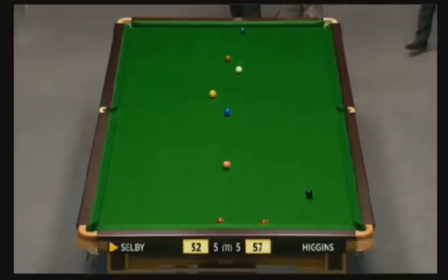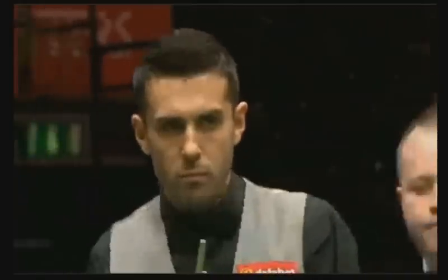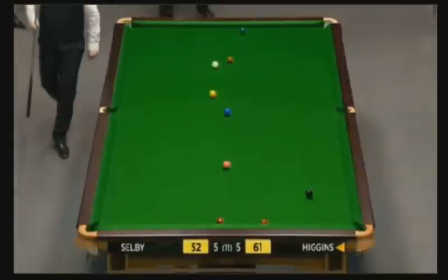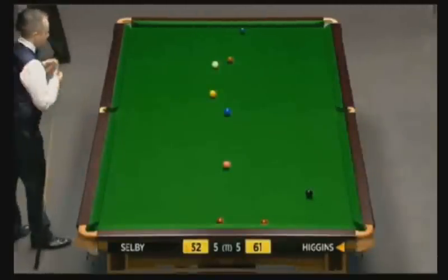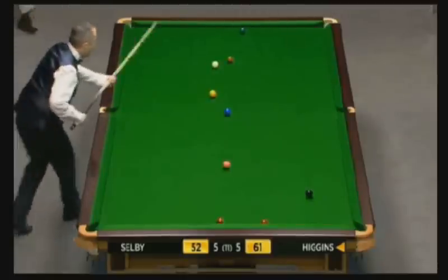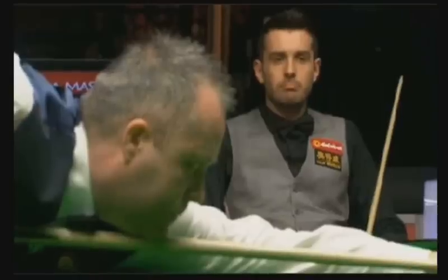Oh, he's missed it. This could be a free ball as well. Miss. Free ball. Oh, it's not only a free ball, John Higgins has flicked off the brown and has left him with a pot, but of course at first it looks good, but those two reds aren't pretty. Yeah, but if he can get on the colour off the brown,